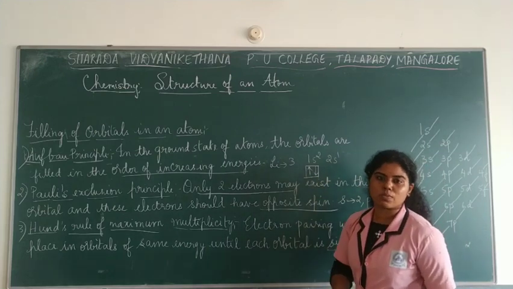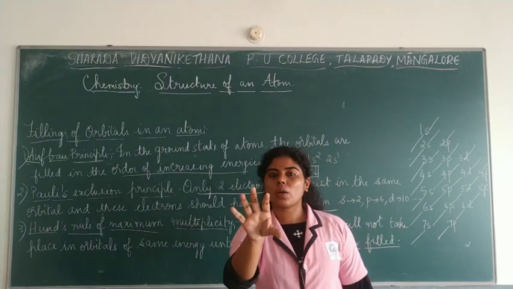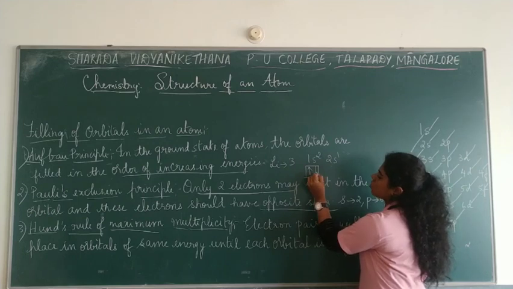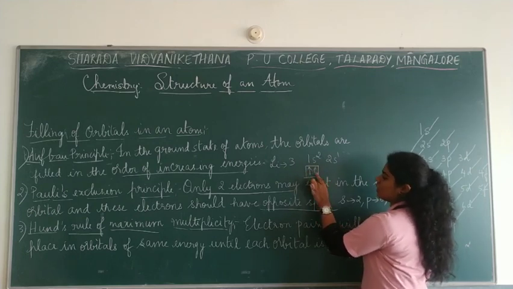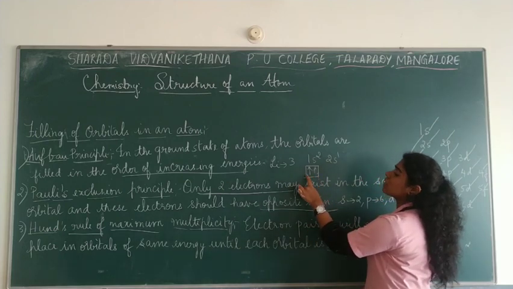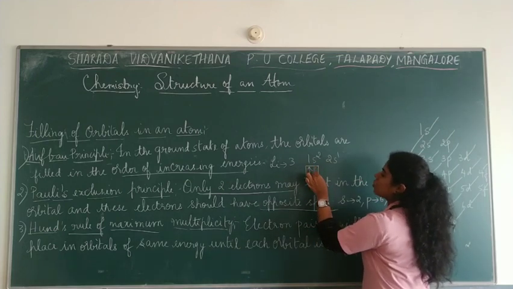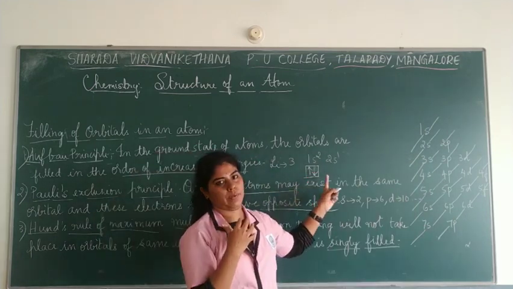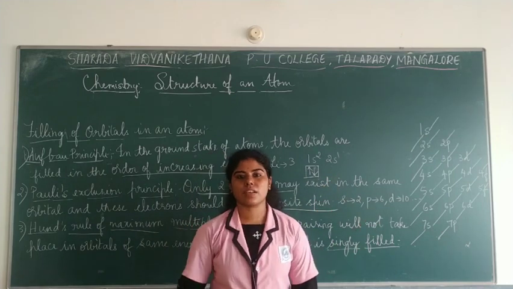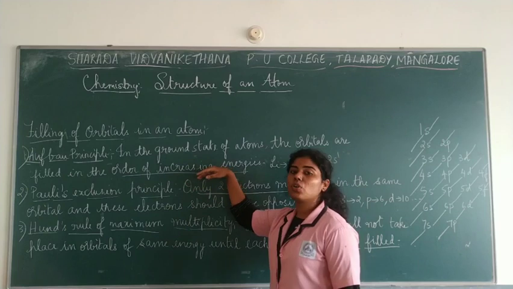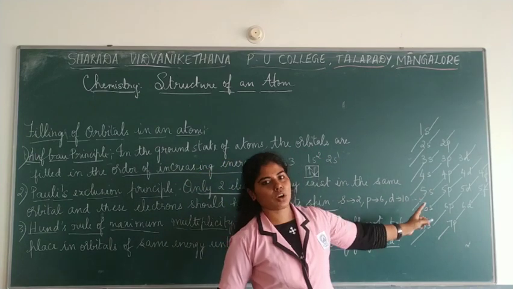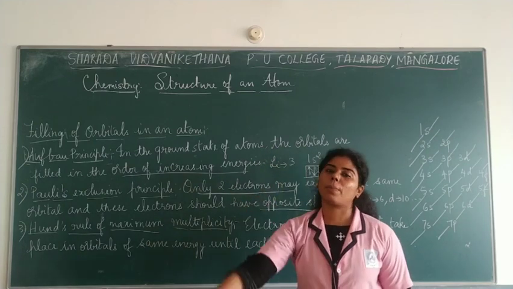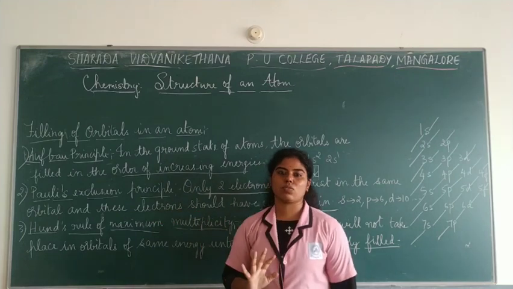So in this way, filling is being done. How many electrons are possible in one orbital? 2 electrons only. More than 2 you cannot fit in one particular orbital, and these 2 shouldn't be facing the same way. If you write it like this, with plus half and plus half, it is wrong. It should be with opposite spins, written as plus half and minus half. So that is how you fill the electrons. First of all, you fill up the orbitals in increasing order of energies, and you can fill 2 electrons with opposite spins. So that is about Pauli's exclusion principle.